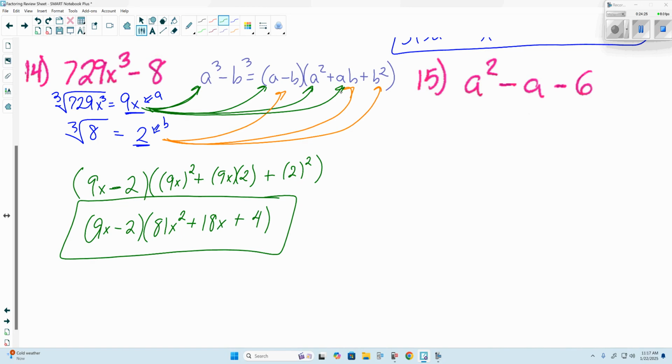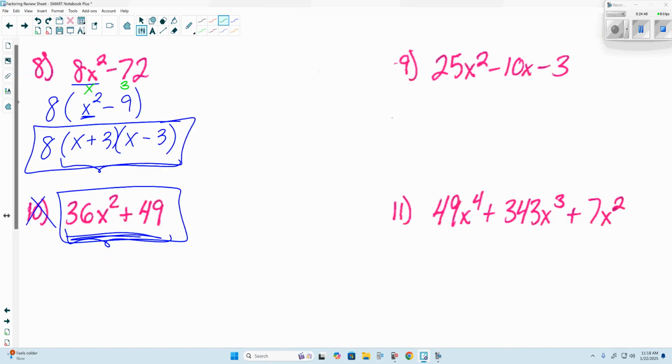Questions on 14. Do we feel a little better about the sum or difference of two cubes? Okay. Any other questions on 8 through 16, or 8 through 18? Any one of those on there that y'all want to look at? Is there going to be one like 11? Yeah, I was going to ask. So 11,